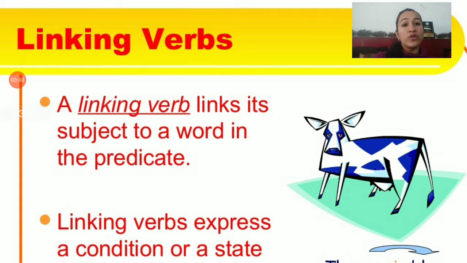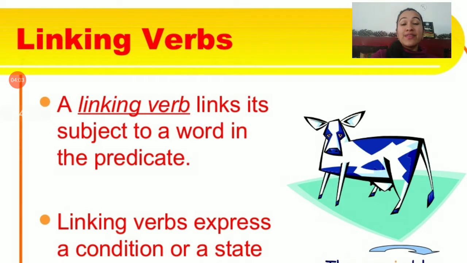Now let's move on to linking verbs. Now what is a linking verb? A linking verb, always remember, look at your verb and think. What do you think? You think, is there movement? Is there something happening? If something is happening, then it is action verb. But if it is only giving you more information about the subject,